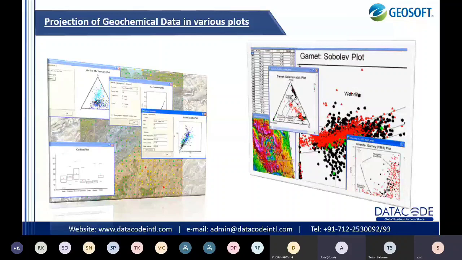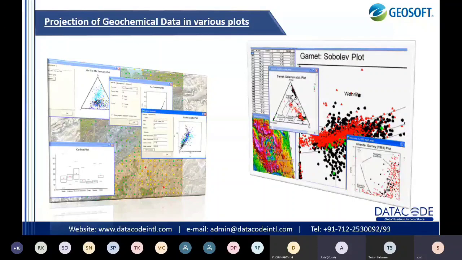My question was, many times we use GCDkit for these geochemical plots. There are tectonic discrimination diagrams. With the help of geochemistry, different elements, we just add the data, and after adding data, there are built-in plots.